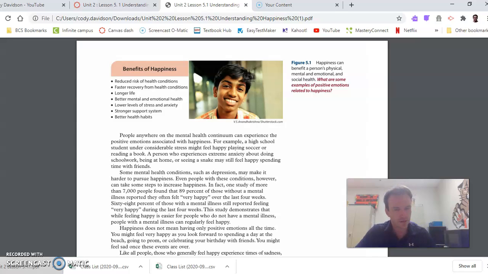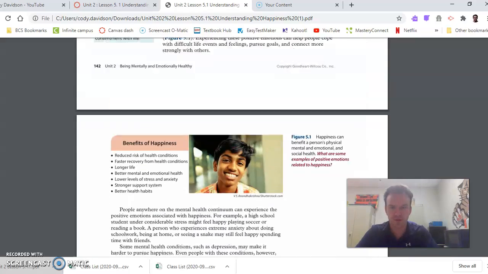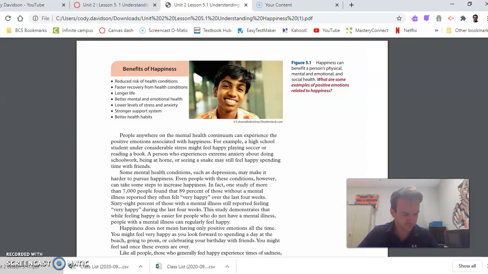It talks about that here on, I believe, page 143. Anybody can experience happiness in an instance. There are health conditions that make it harder. Obviously, depression is a health condition. It's not necessarily just something that is guessed upon. People with depression actually have different brain chemistry. It could be hormones. It could be certain glands that are an improper size that make it harder to feel